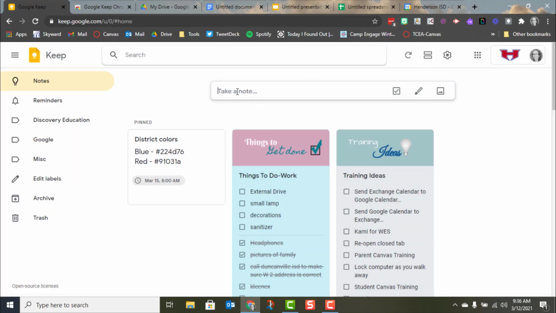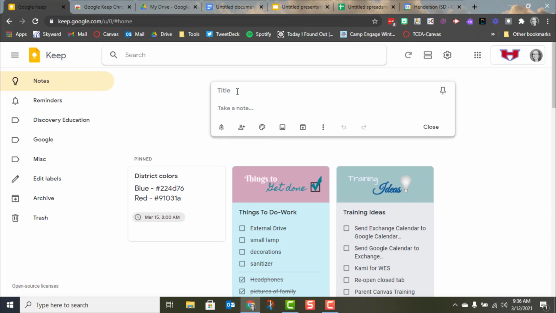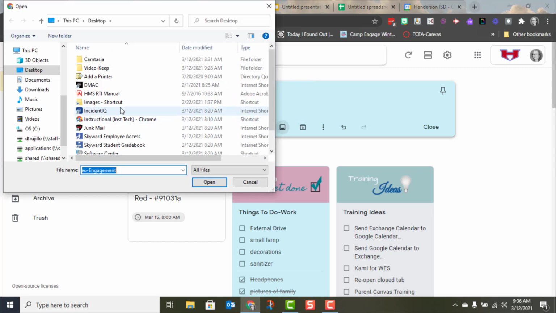Now let's create a new note. Here, you just click in the area and start typing your note. Up here, you click on it to give your note a title. Down here, you can add a reminder, collaborators, you can change the color of your note, you can add an image,